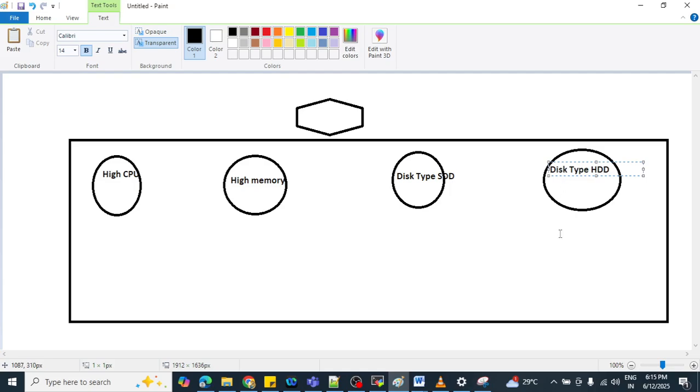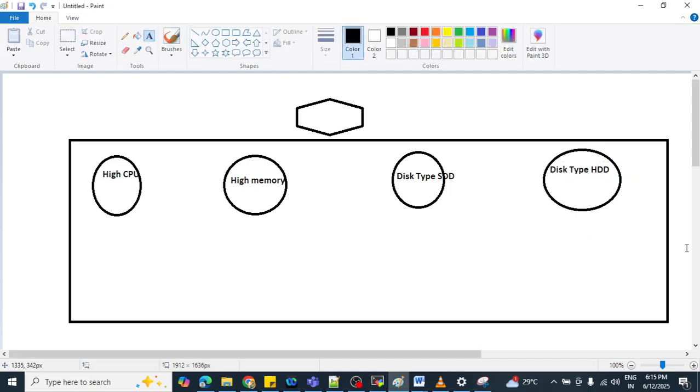Now I want my application to schedule on this particular SSD type of node. Means here I want to control my Kubernetes. I don't want to schedule my application on any other available nodes.